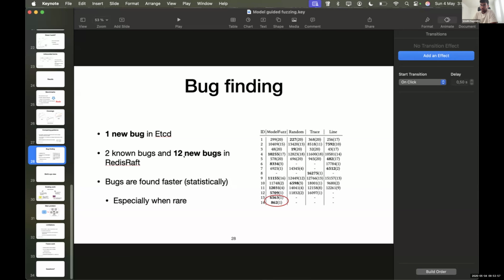Yes, it was useful, and the technique we used was to run the different guidance mechanisms and see model coverage. If all of them are saturating, then your model is too coarse, and you can start adding more and more variables until you actually see a difference from, say, random or trace or line coverage, to know that this is actually useful.